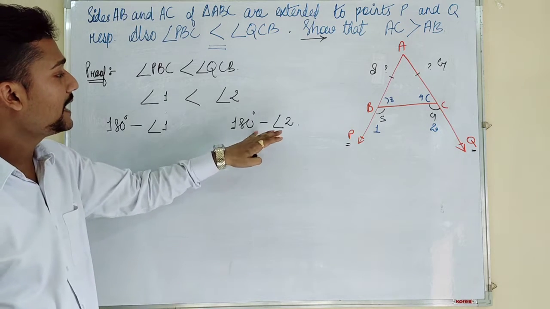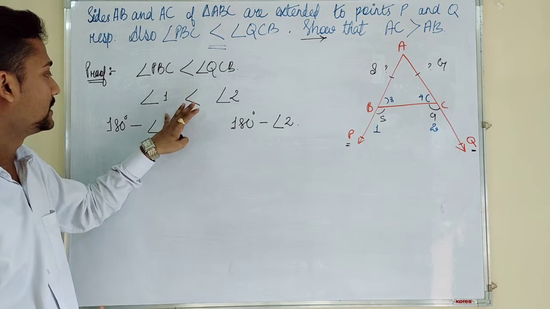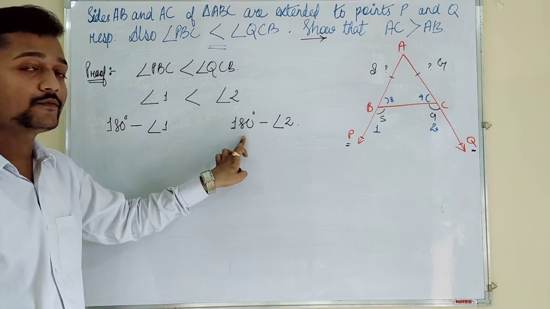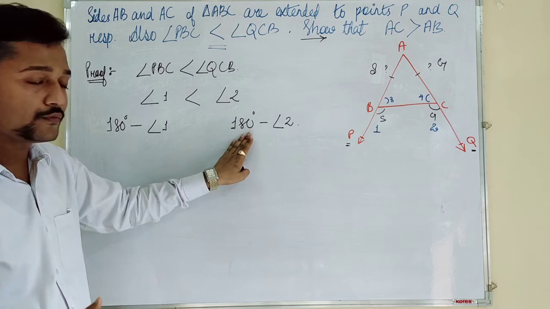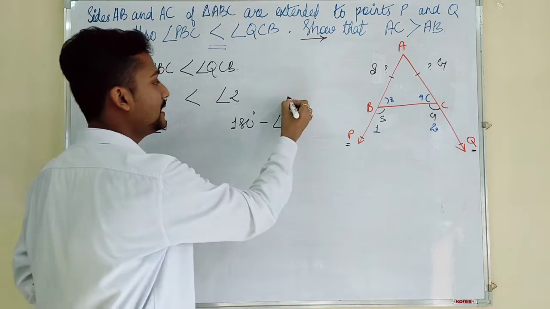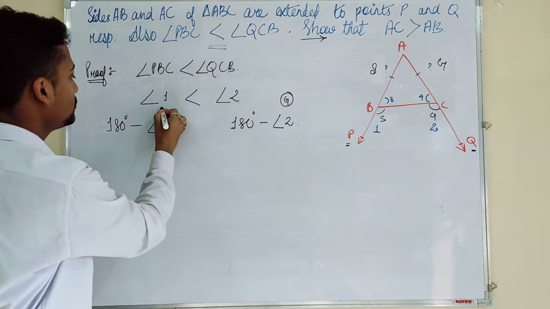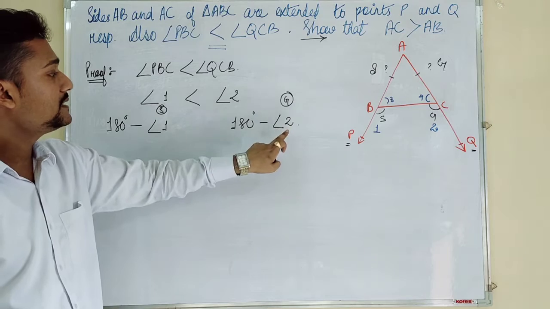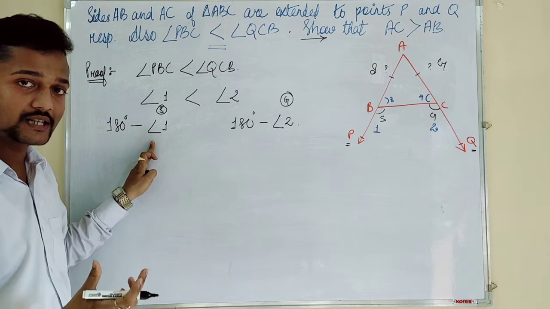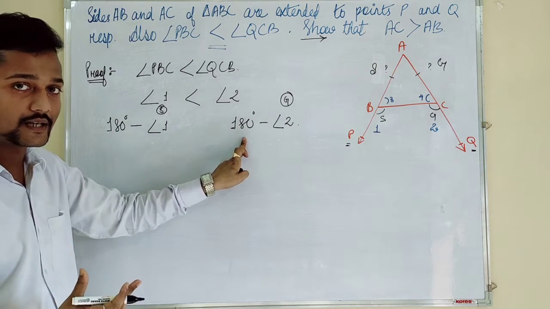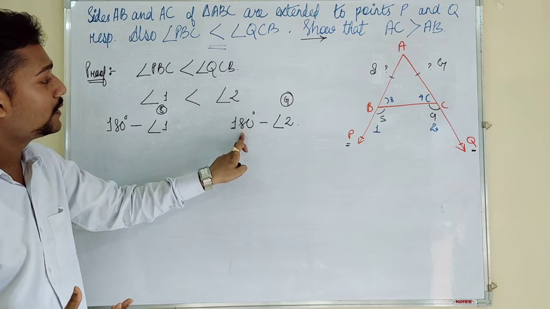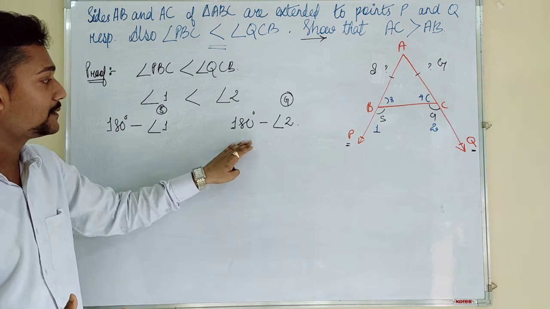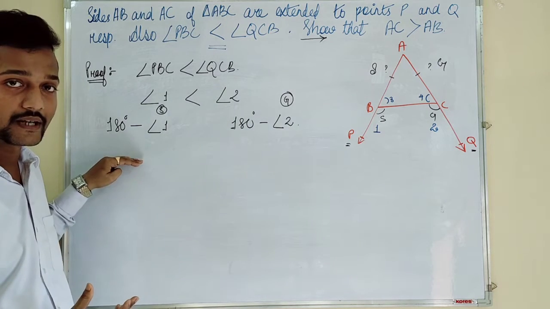Now if you see carefully, angle 2 is greater than angle 1, isn't it? Angle 2 is greater than angle 1 and we are subtracting both from 180. That means if I subtract more from 180, this was greater. I am mentioning here, this is greater and this is smaller. Okay, don't mention this in the solution, I am just mentioning it for your convenience. We are subtracting both from 180 degrees, the same quantity. If I am subtracting angle 2, a bigger number, from 180, the result will be smaller compared to this, isn't it?